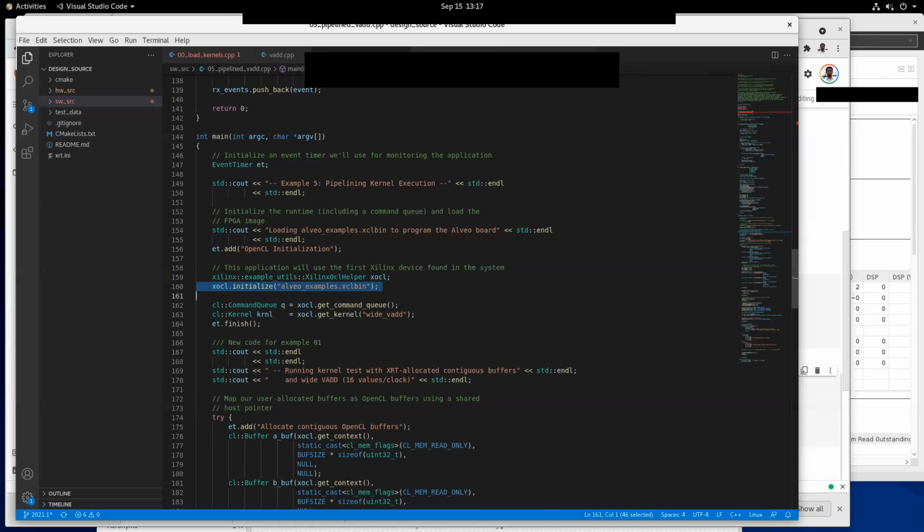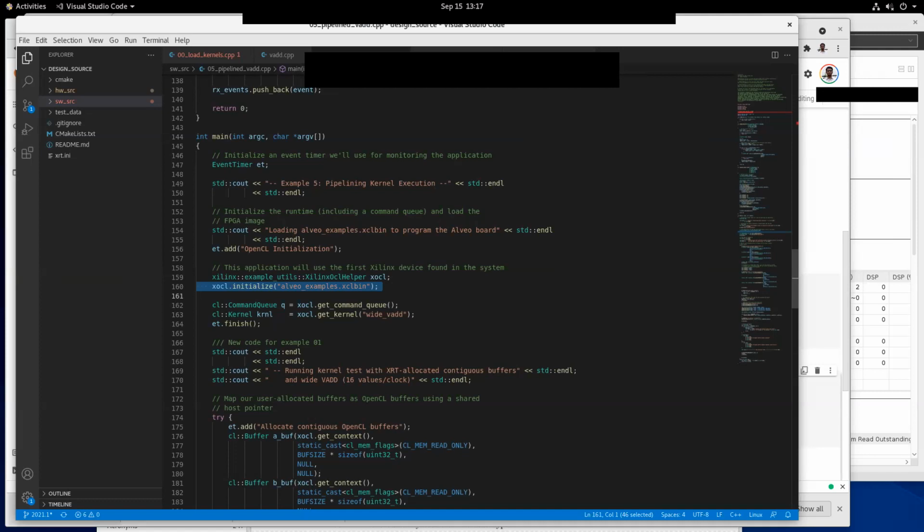We use this to flash. This is a file that is available on the file system, and we use this to write it onto the FPGA. When you write this for the first time, it will take some time. In fact, flashing takes a good amount of time on the FPGA. It could be your bottleneck if you are doing it for the first time. If your program exits after you run this program, the design still sits on the FPGA. It's not going to get erased.